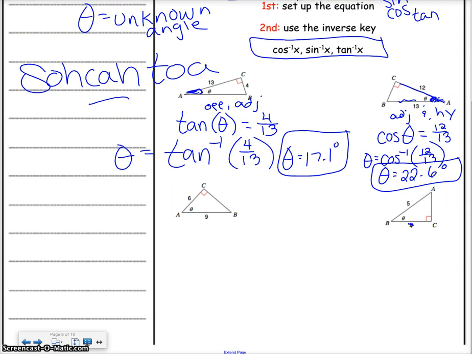This bottom one here, I want you to put the 4 on the side. This bottom right. Look, I looked at the bottom right. 4 was on the bottom. I want you to put it to the side. Okay, again though, I'm looking at theta. I identify where theta is. I identify what segments I have. So it looks like I have hypotenuse